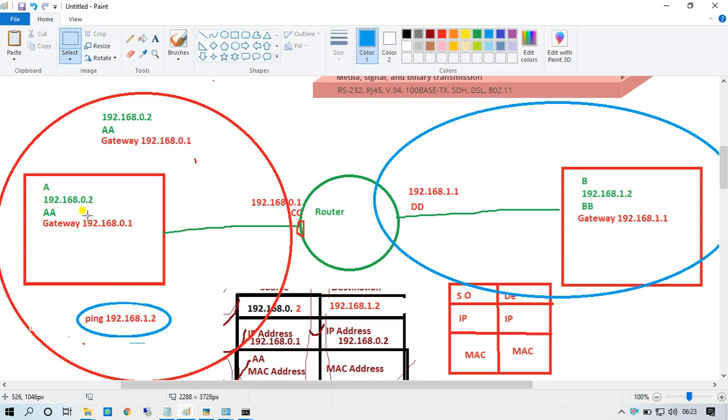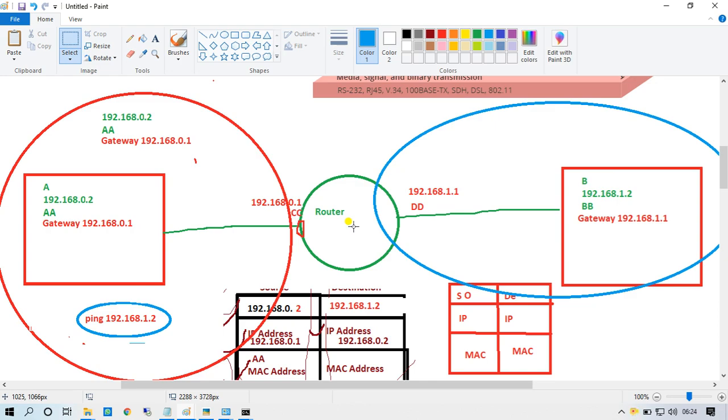After the gateway, it will create ARP. The PC will generate an ARP request for the gateway, and after the gateway receives that packet, the gateway will send an ARP reply to the sender. The sender will create a database, and the router gateway will also create a database for its incoming information and packets.